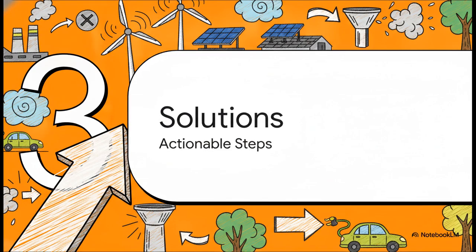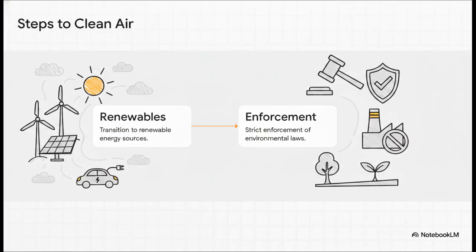All right, Section 3, Solutions. Let's look at the actionable steps to get clean air. The text lays out 2 distinct, incredibly powerful angles of attack for prevention. Step 1, pulled straight from the sentence outline, requires a massive technological shift, the transition to using renewable energy to cut emissions. Step 2, pulled from the broader topic outline, focuses on systemic, legal regulation, meaning the strict enforcement of environmental laws. It is a brilliant, 2-pronged approach.